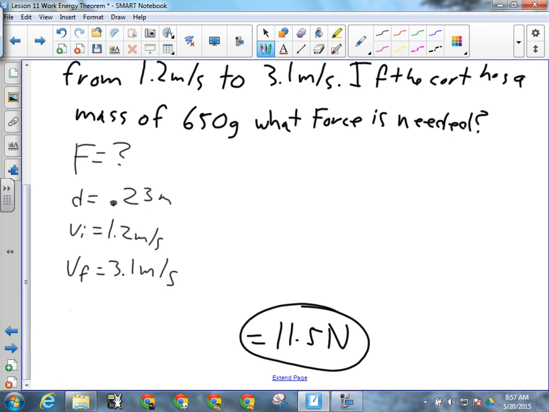What's wrong with that? It's not in kilograms. Okay? Mass always has to be in kilograms in physics, because otherwise we won't get kilogram meters squared per second squared, which are joules. Okay? So, if I want to convert 650 grams into kilograms, I divide by